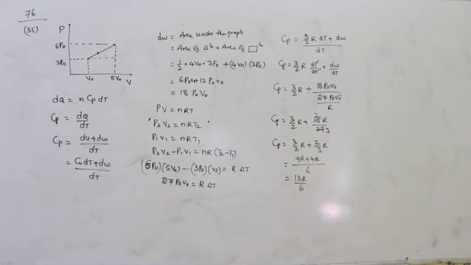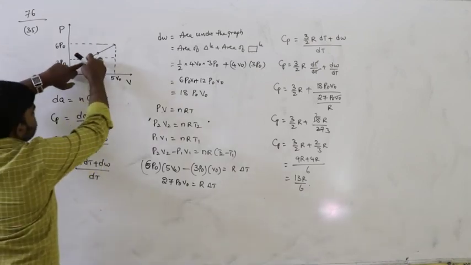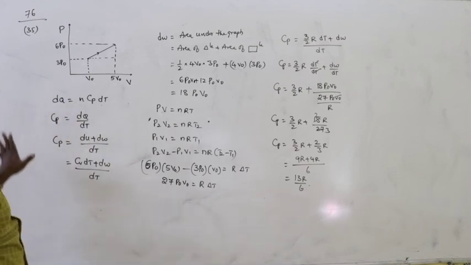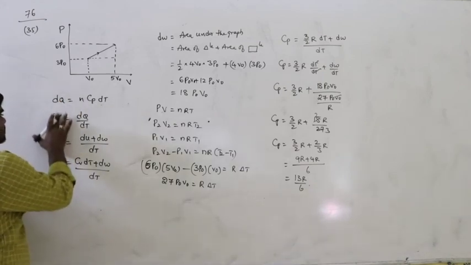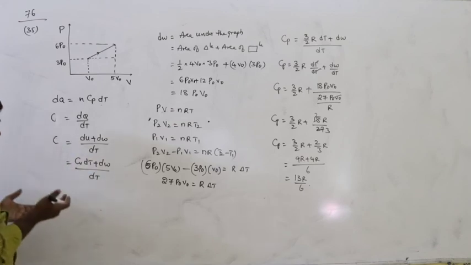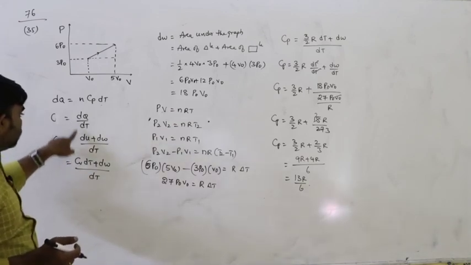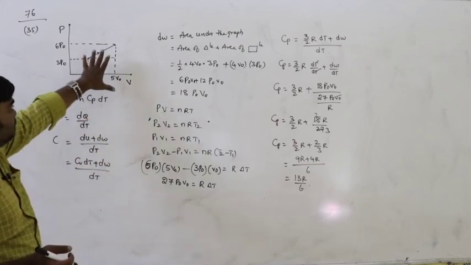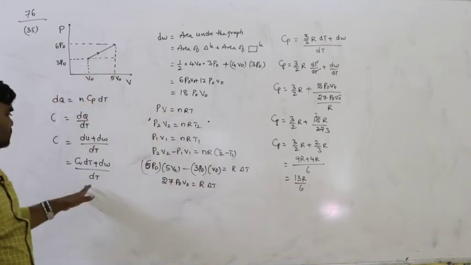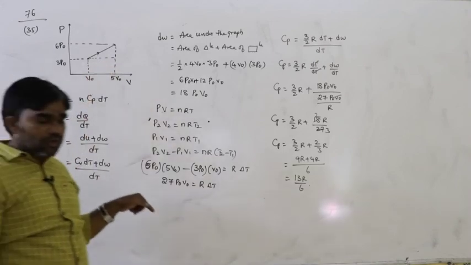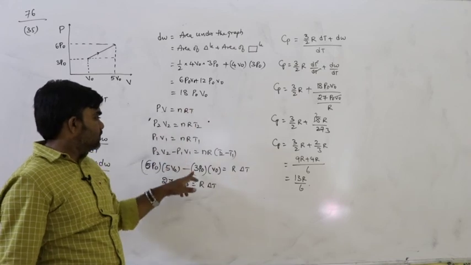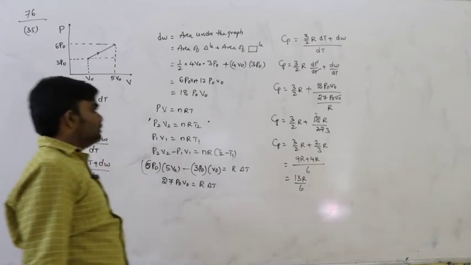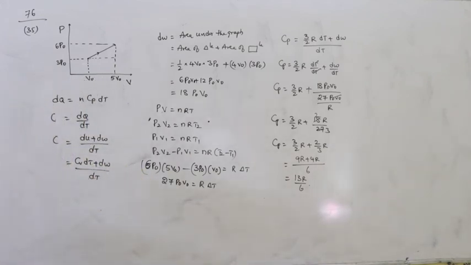Graphs are mainly important. So this is the shape of the graph from the initial point to the final point, and we have to calculate the specific heat of the gas. Generally it is C only, the specific heat of the gas, not mentioned at constant pressure. dQ can be written as dU plus dW, so Cv dT plus dW. The area under the PV graph gives work done. Here it is given that the gas is monoatomic, so Cv is equal to 3 by 2 R. This is the way to do problems based on graphs.